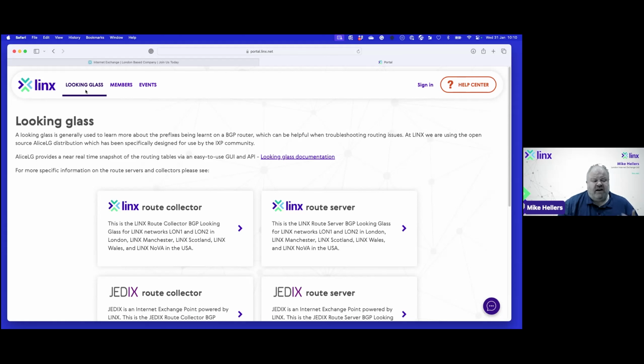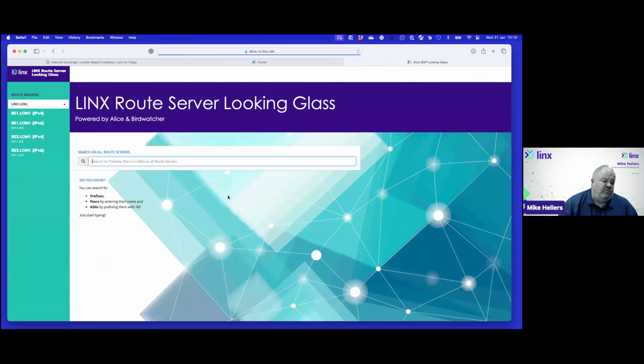For those who don't know what a looking glass is, it basically gives you a web-based view of anything that's happening on the root server. If I go to our LINX root servers again, you will have access from here to all of the root servers on all of our peering LANs, on all of our fabrics. By definition, we will have two resilient root servers on each LAN. The way root servers technically work, the IPv4 and IPv6 instances are separate. So what you will see for each LAN is both an IPv4 and IPv6 instance for each of the root